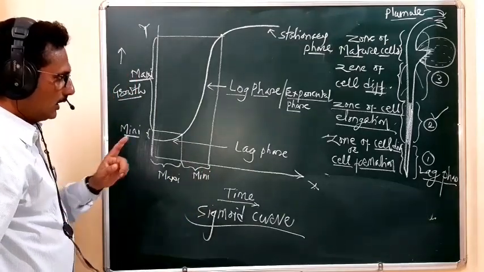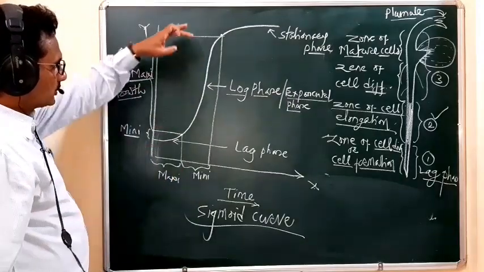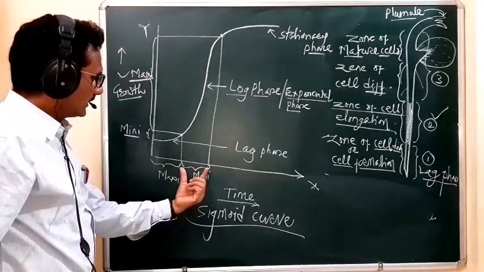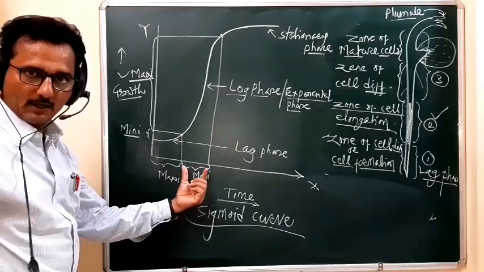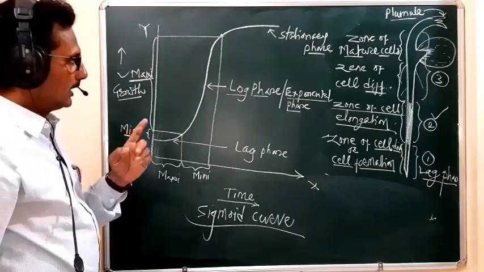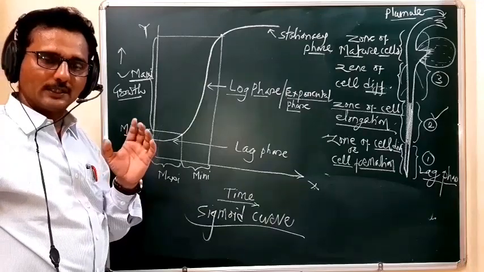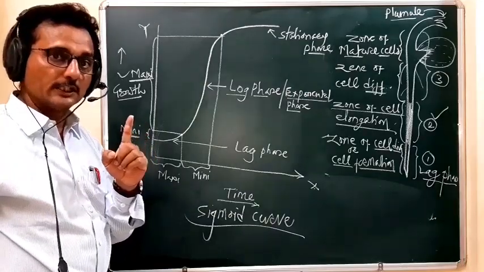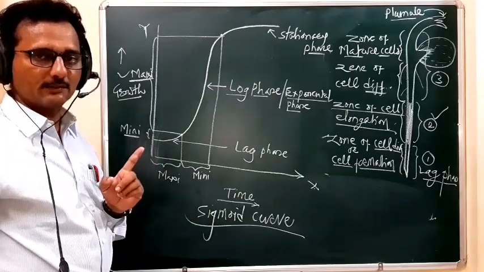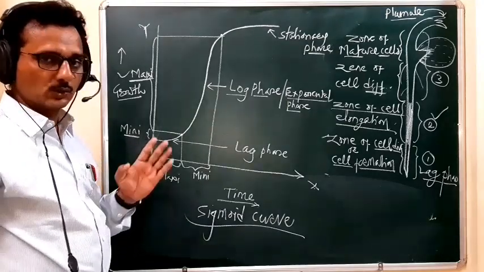So always remember, the log phase or the exponential phase shows the maximum growth, but for that the time requirement is minimum. While representing this type of graph, you have to remember what the growth is with respect to the time requirement. Questions will be asked on this as far as your NEET levels are concerned. So you always remember.